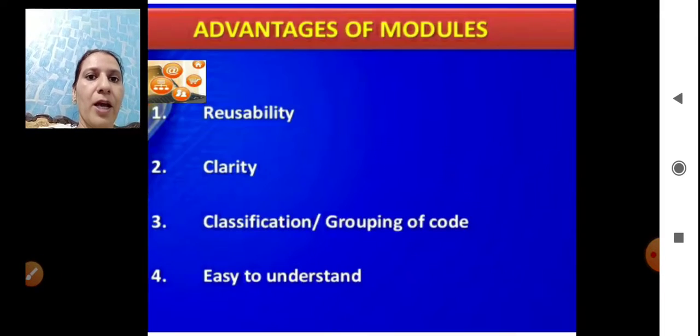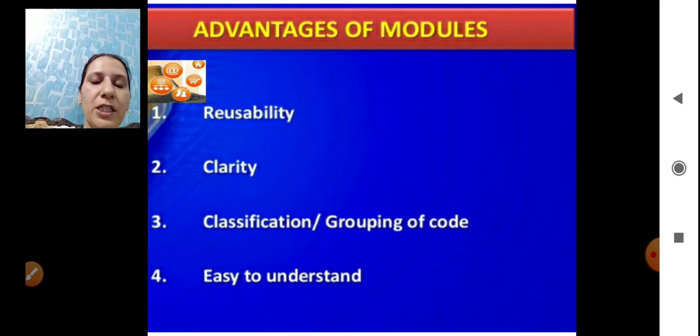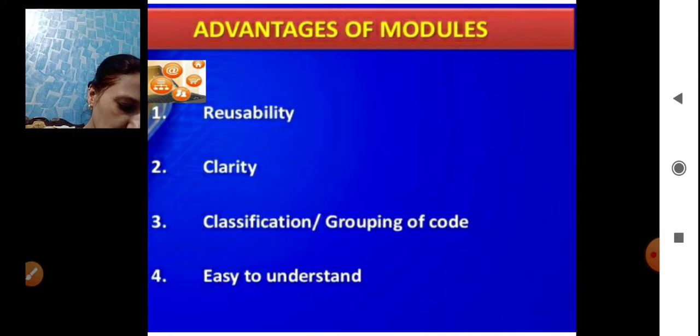Now, advantages of a module. Mostly there are four advantages of modules. First is reusability, second is clarity, third is classification or grouping of code, and fourth is easy to understand.